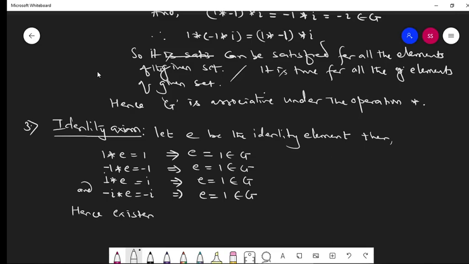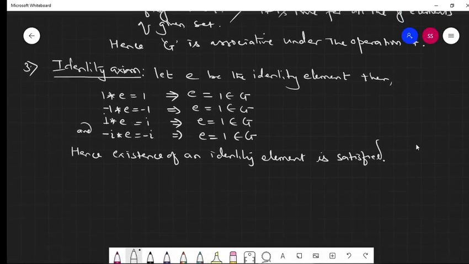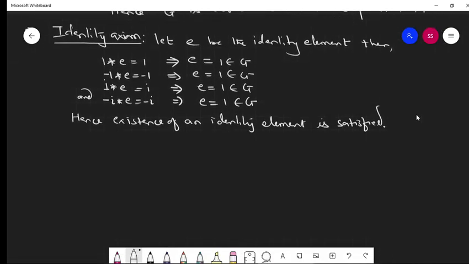Hence the existence of an identity element is satisfied. So the identity axiom, that is the existence of identity element E equal to 1, is verified as satisfied. The third condition also we have verified. Now let's move to the fourth condition,